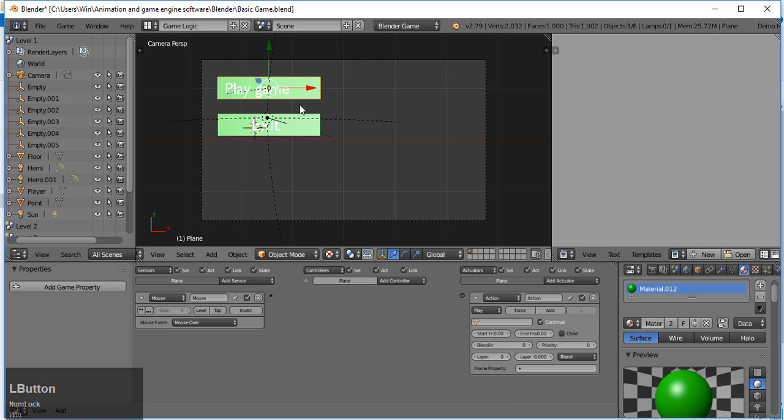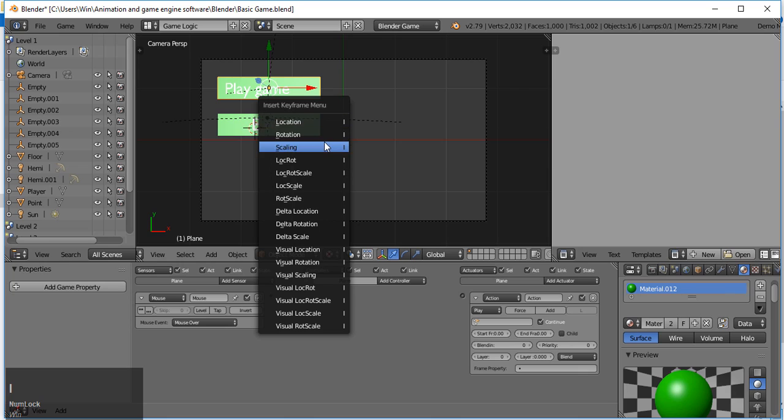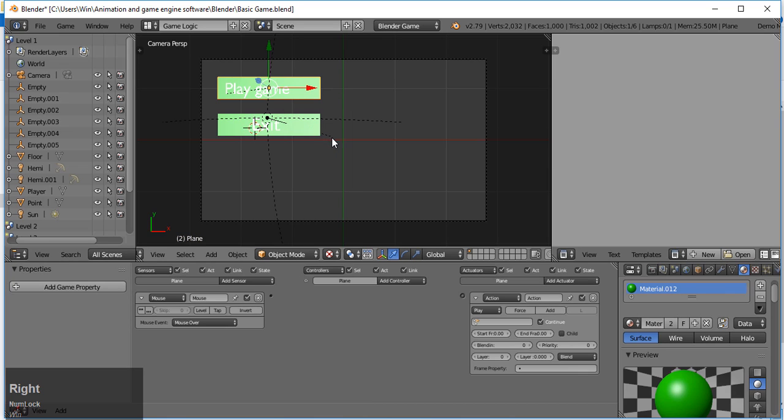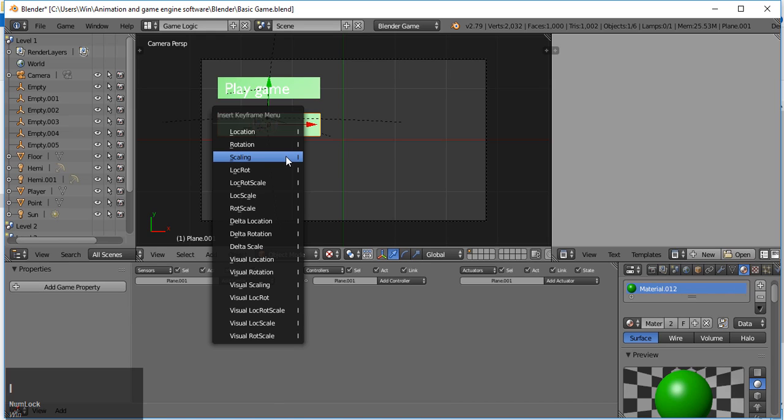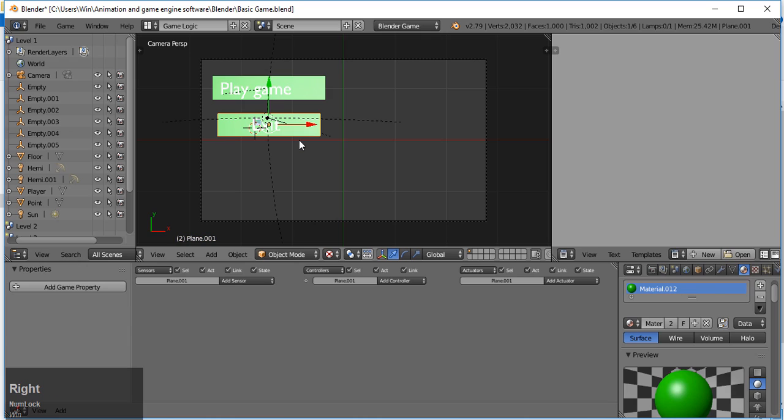action. So you need to add animation by pressing I, scaling, and go to frame 2, resize by 1.1 and then press again I, scaling. Now you can see it scales in the second frame, and again with this plane also go to the second frame and resize it by 1.1